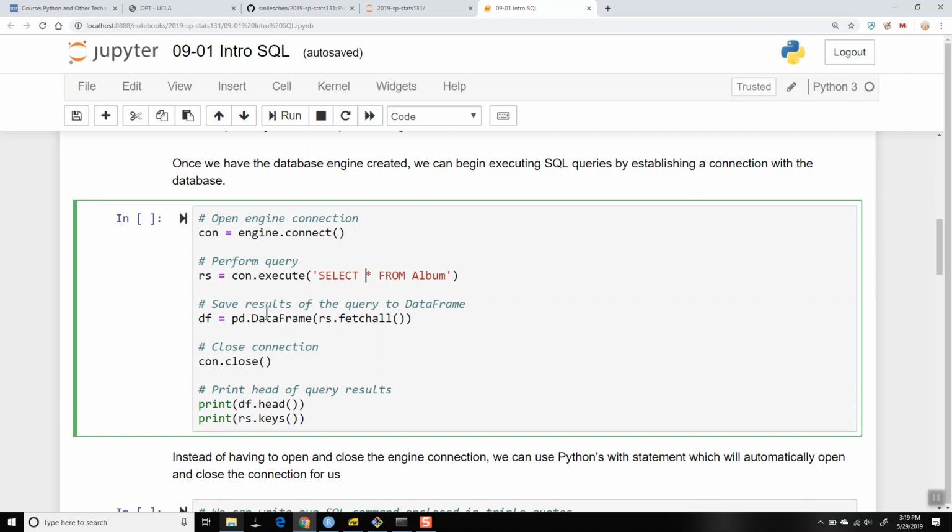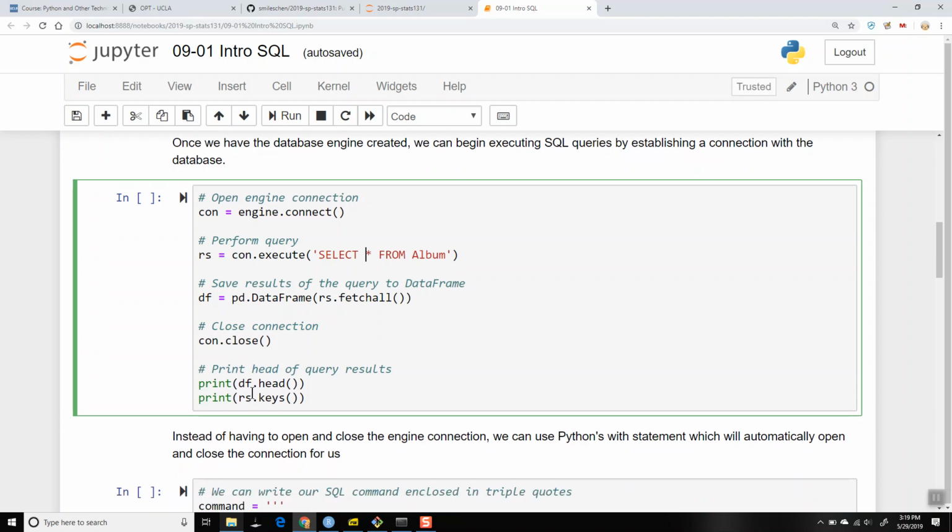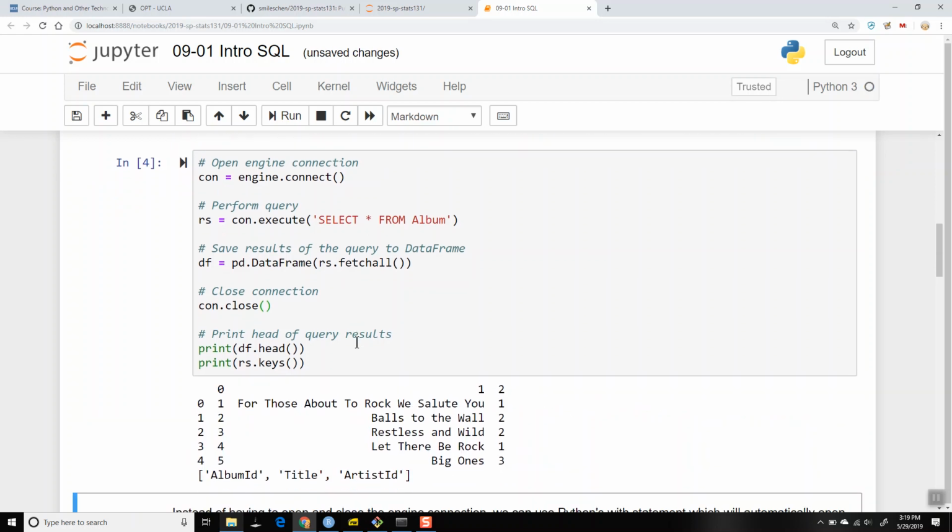The way we save the results of the query to a data frame is we run the fetchall command from RS. You don't always have to do fetchall; you can just fetch the top 10 or whatever. Then we throw that into a data frame, close the connection, and look at the head of the data frame and the keys of our query results. When I do select all, the head of my data frame looks like this,